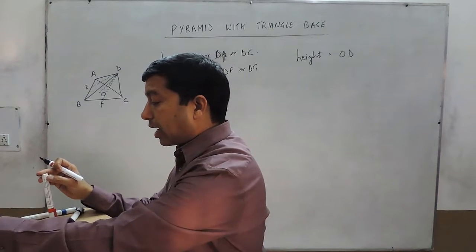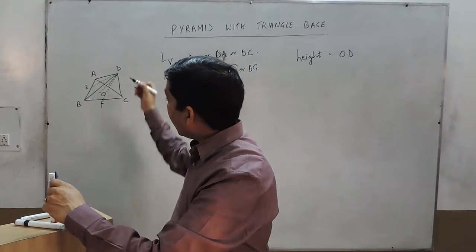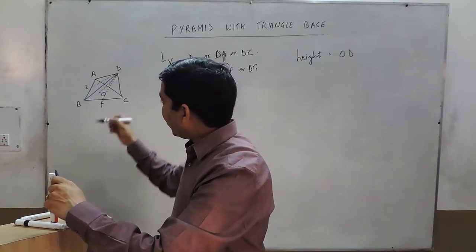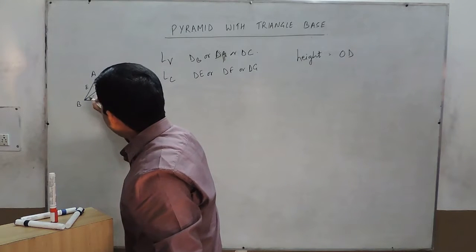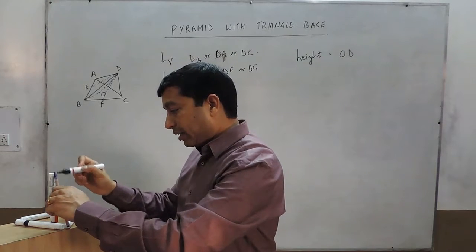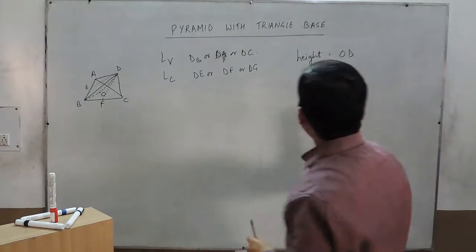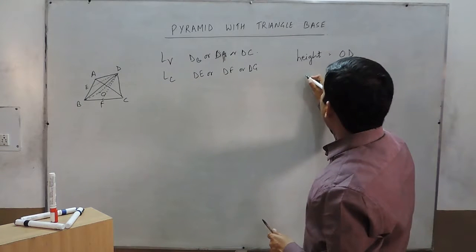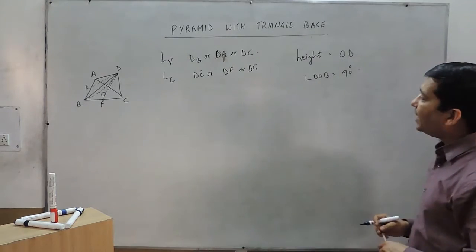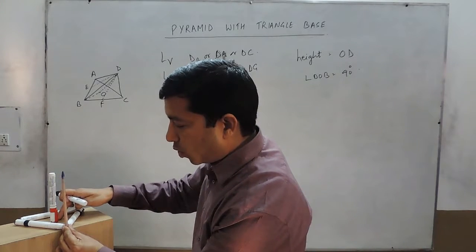Now, when I take the triangle where the slant height is at the vertex, then we can say the triangle with the point D, the point B, and the point O, which is at the center, is not looking like a right angle triangle in this figure, but practically this is a right angle triangle with the right angle at the center, which is O. So basically, height is OD and angle DOB is 90 degrees, which we can see from this. This is point D, this is point B, and this is point O.